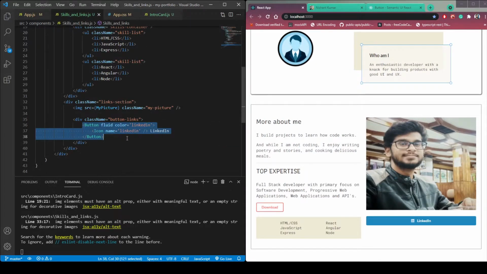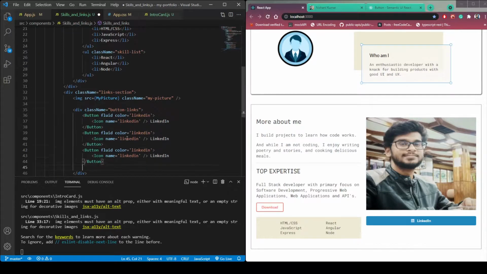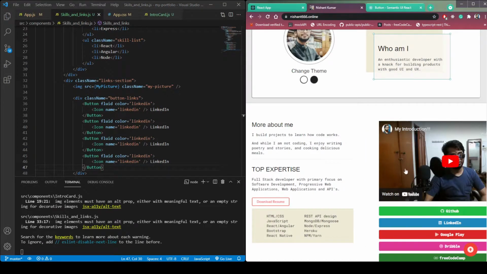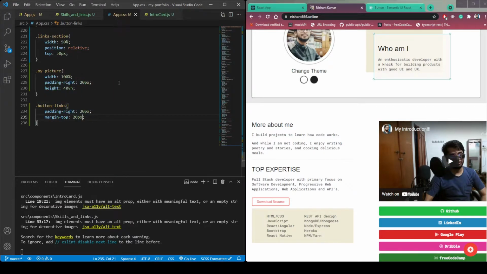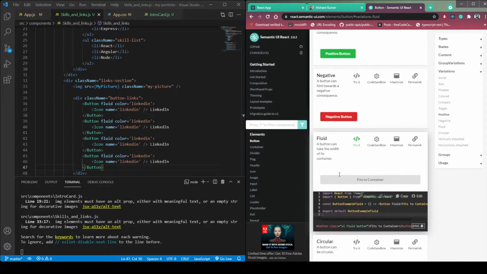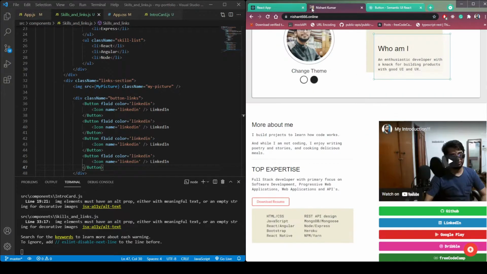So copy the button tag, this button, and paste it depending on your links, how many links you have. And now let's change the class name. So one is LinkedIn, then we can use GitHub.